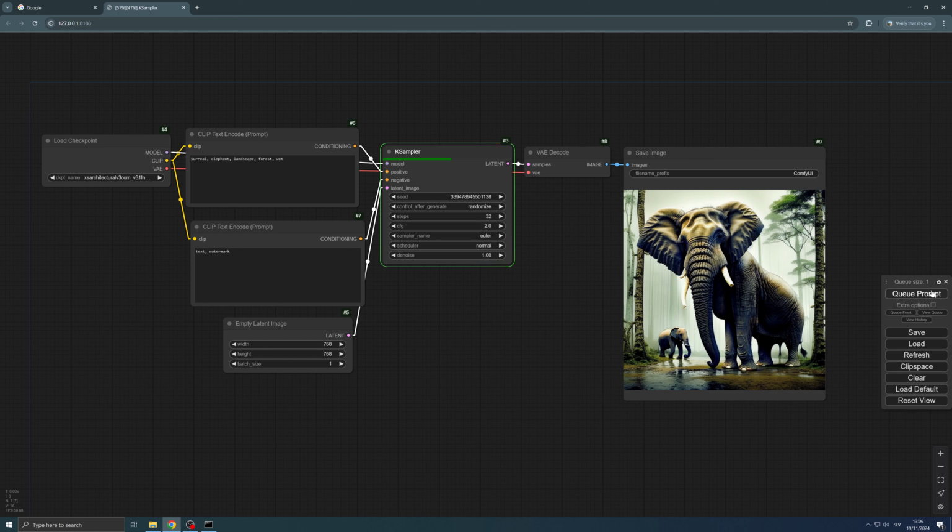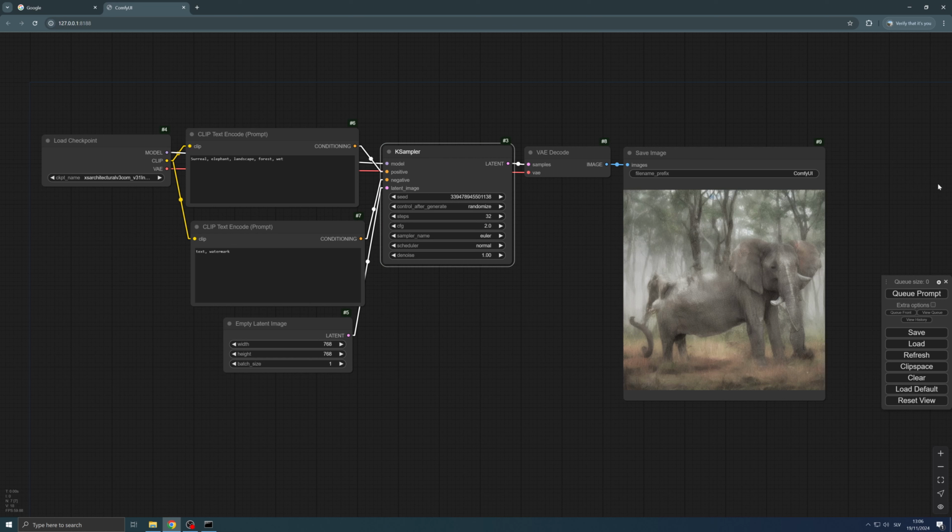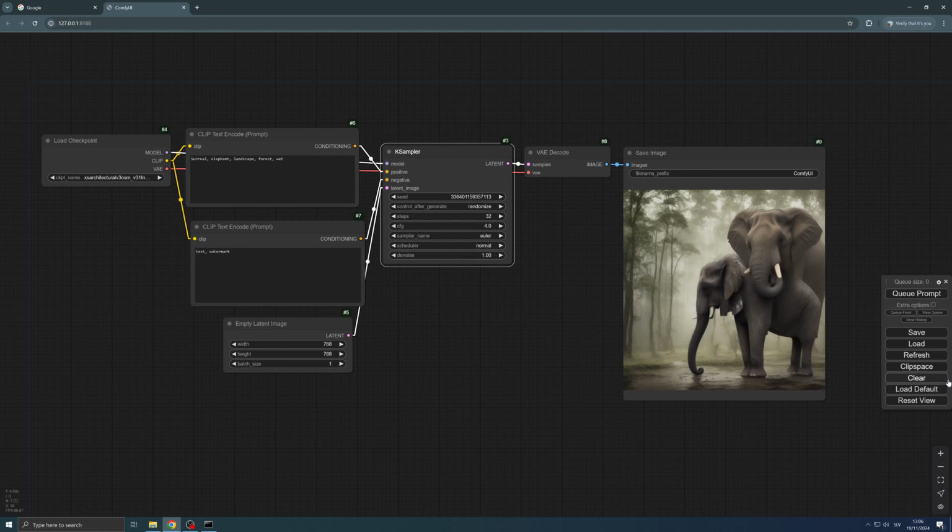So if we go too low, probably it's gonna give more freedom to the model for interpretation. So you see, the image is not so refined. So you have to play with these numbers a little bit to find what works for you and what gives you the best results. And so if we go with 10,